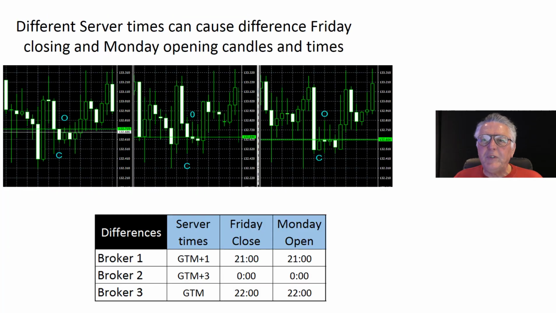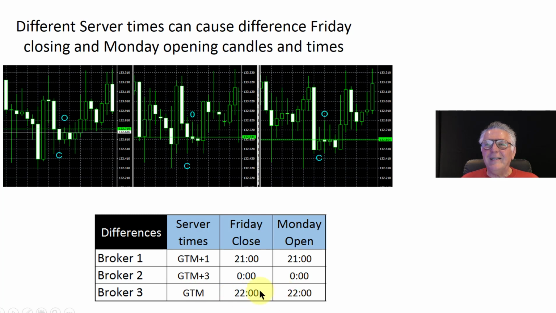Because of the different server times, there are also differences in the times when the brokers cut off on the Friday afternoon when the market closes and opens on the Monday morning when the market starts trading again. Some brokers open at different times and close at different times. And the problem is it's not related to the server times. So if you look at this little table that I've got here, you can see that the GMT closed off